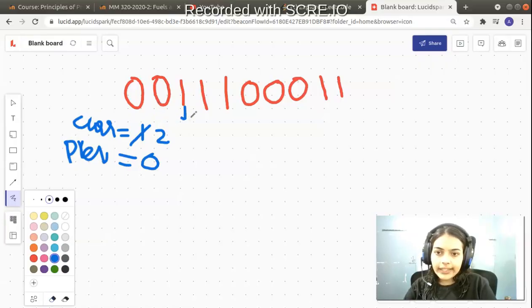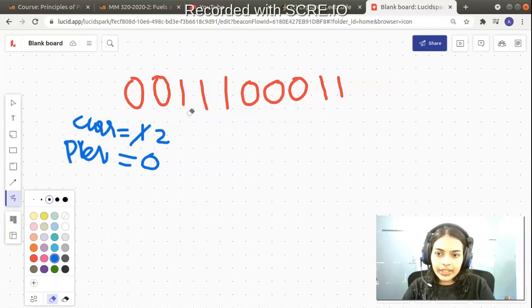When we go to the next element, when we are iterating here, we find that it is not the same as the previous element, right? So 1 and 0 are different. We compare it with the previous element, we find that it is not the same. That means that these two elements are different. So if these two elements are different, then we cannot increment current because current gives the number of blocks that we have together. So we cannot increment current for now.